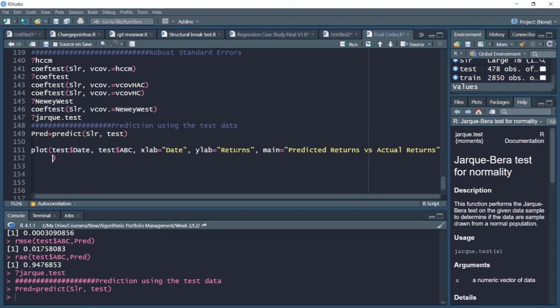Now we would like to restrict our graph with a y limit. We would like to visualize from -0.2 to +0.2, which is a reasonable limit to visualize daily data. You would not expect returns to vary too much from 20%, more than 20%.